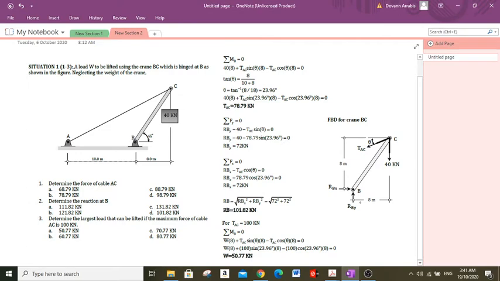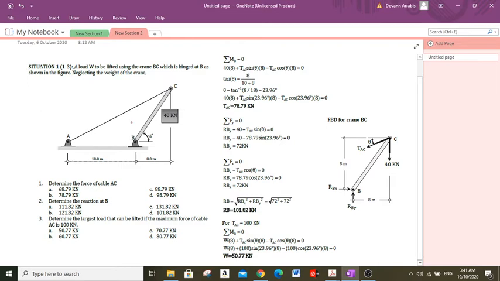If we take moment about point B, of course RBX and RBY will cancel, since the only forces that can create a moment about point B are the 40 kilonewton force and this tension T. So we'll first determine this angle of TAC with respect to horizontal,